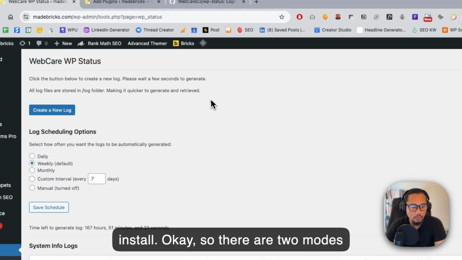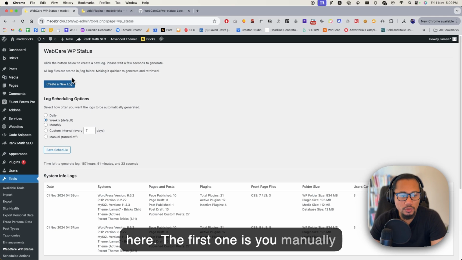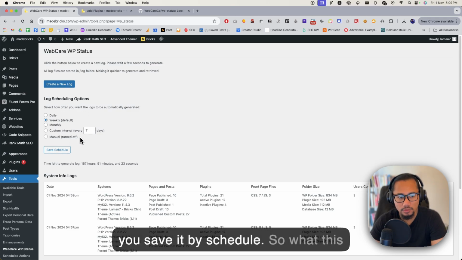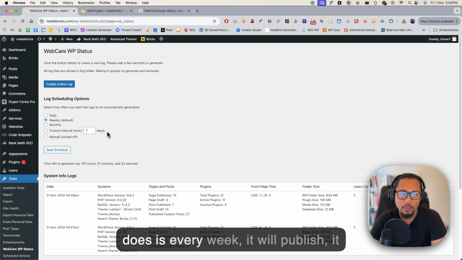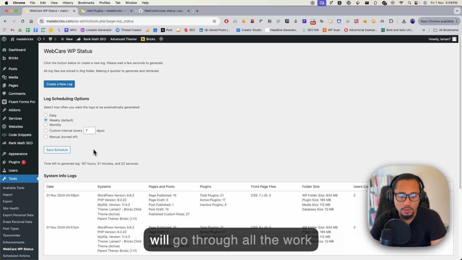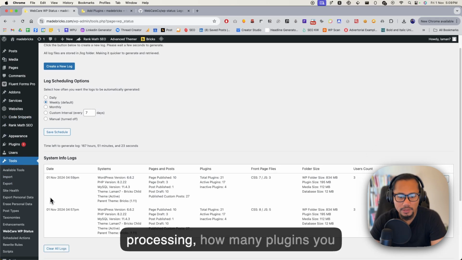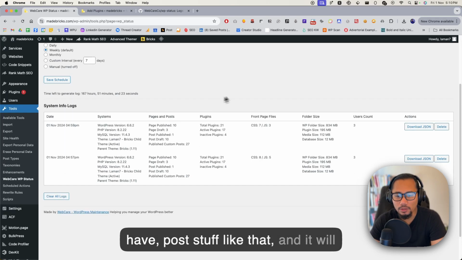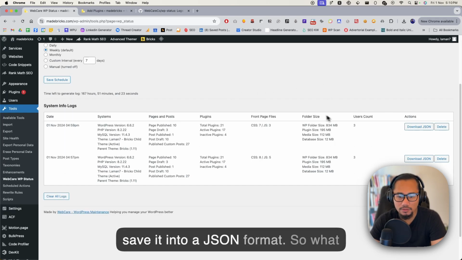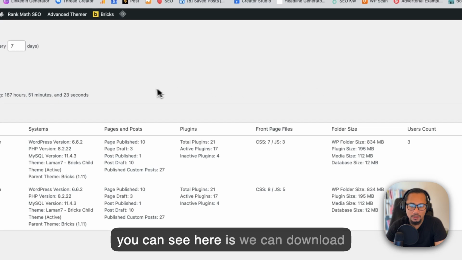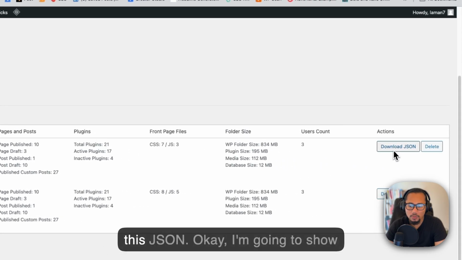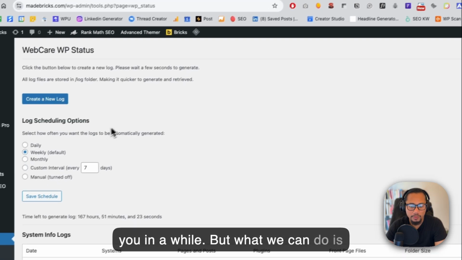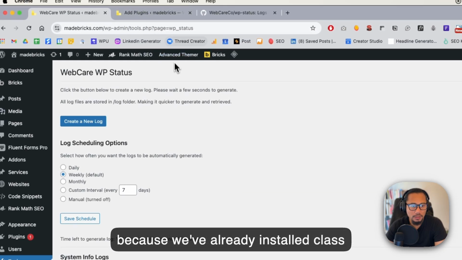Okay, so there are two modes here. The first one is you manually create a new log, or the second one is you save it by schedule. What this does is every week it will go through all the WordPress settings, how many plugins you have, posts, stuff like that, and it will save it into a JSON format. So what you can see here is we can download this JSON. I'm going to show you in a while. But what we can do is, because we've already